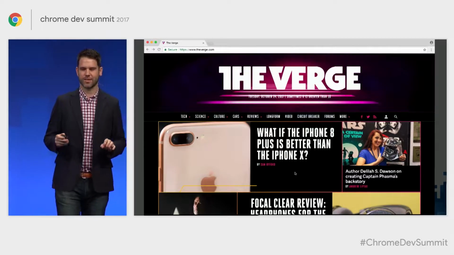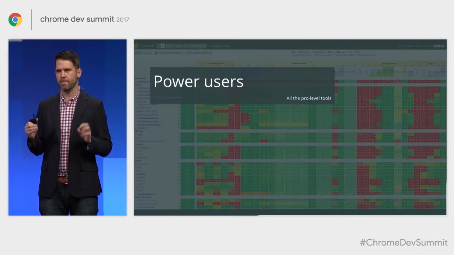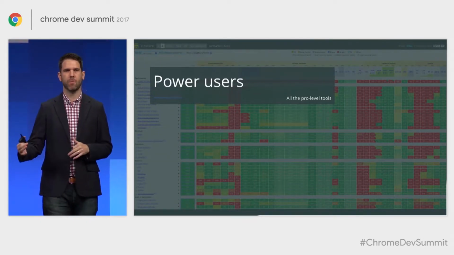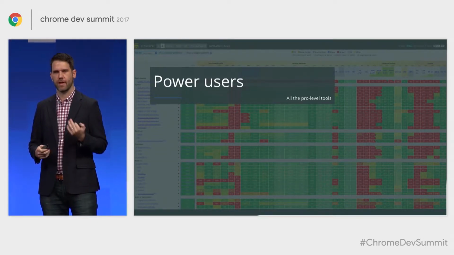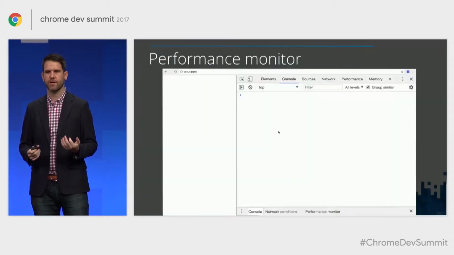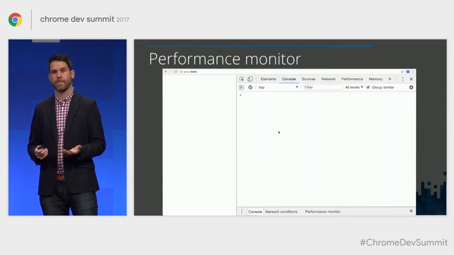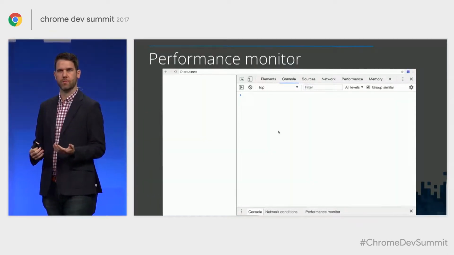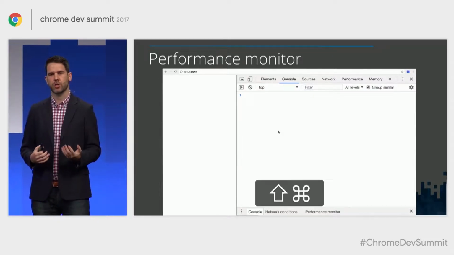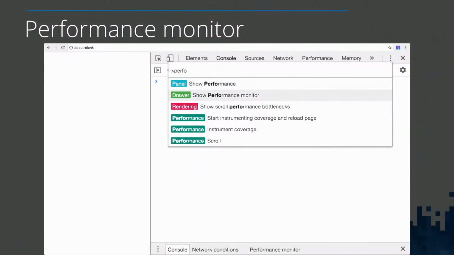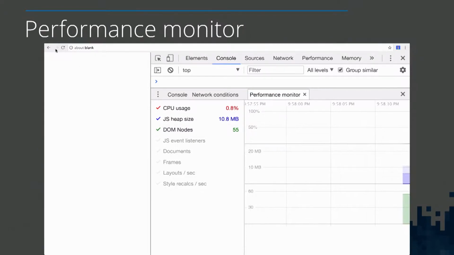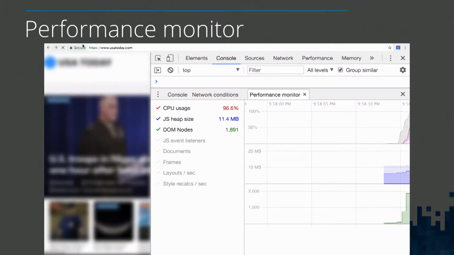All right, clutch. Many of you here need a little bit more out of the DevTools. You're going a little bit farther, and so we have some new stuff here. The first thing I want to show is the Performance Monitor. It's a little different than some of our performance tools in the past because it shows live streaming metrics. We can open this up in the drawer at the bottom, and as I load a page,